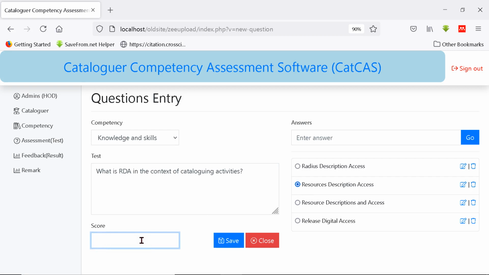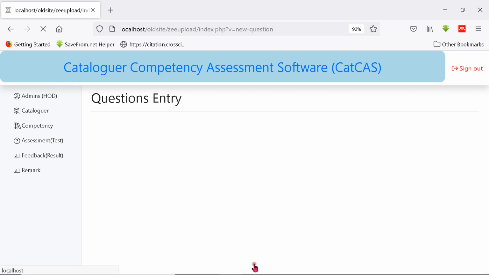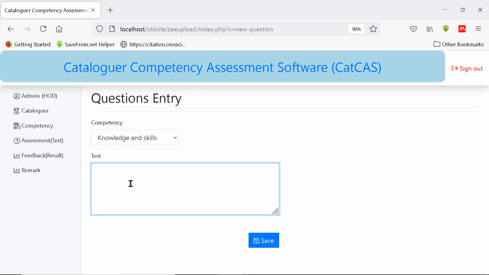Now I'm going to assign the correct answer. Let's assume the answer is going to be 5. And I'm going to save. I'll close again. Let me add another additional question by selecting the module. I'm working on the knowledge and skill module,